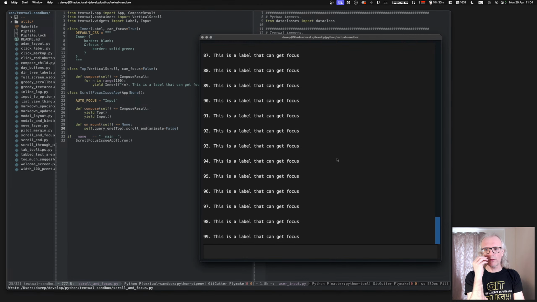Because this feels like a reasonable setup. This feels like a reasonable thing to do. I wonder if it's because I've made the vertical scroll non-focusable.